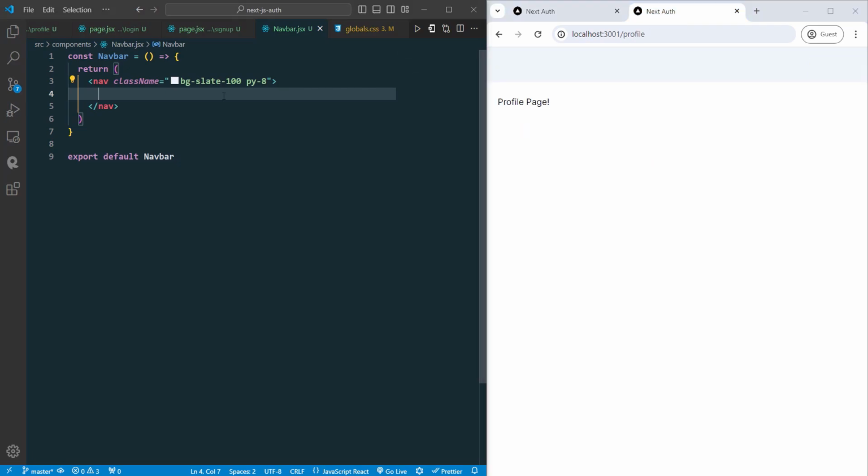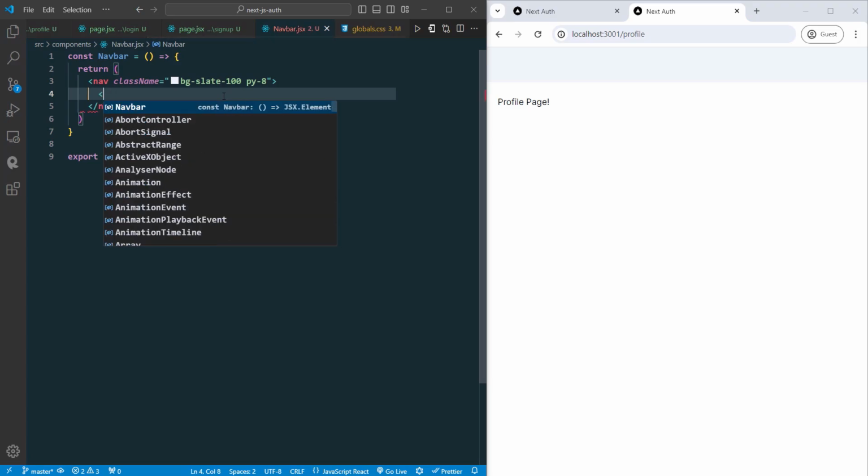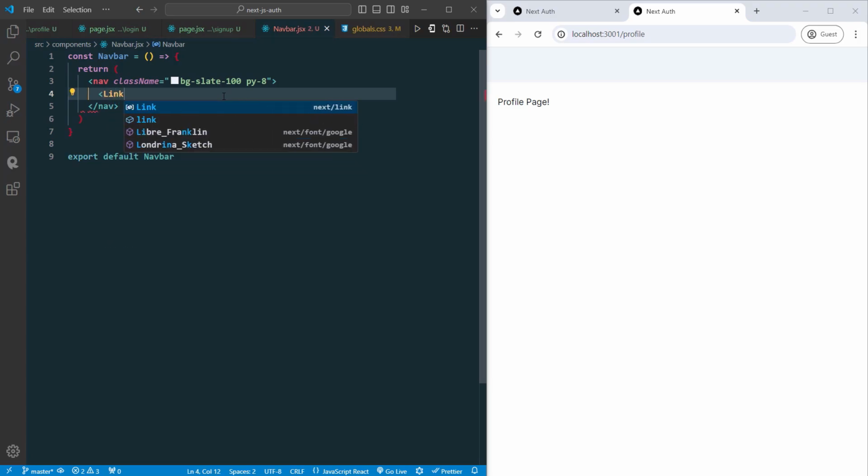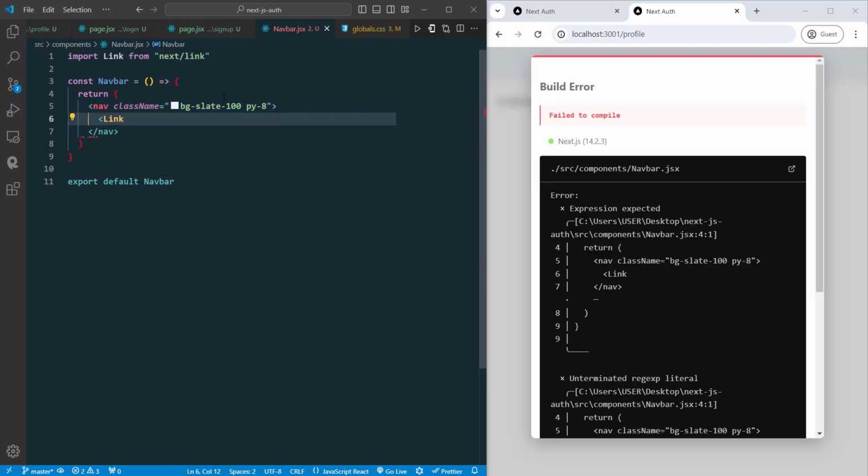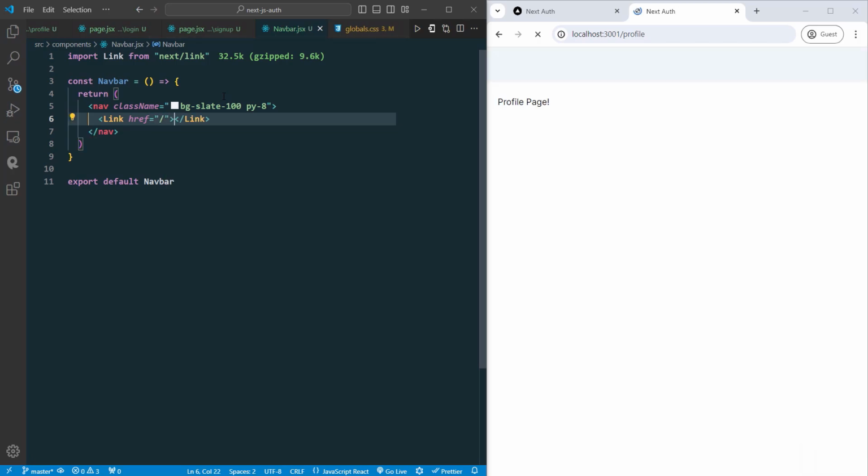I'm going to use the link component from Next.js to create that link. It will be auto imported. So let's say href would be / which means home, and we can write the text nxt auth. Now we have this link, and if we click on it, we can see that it takes us back to